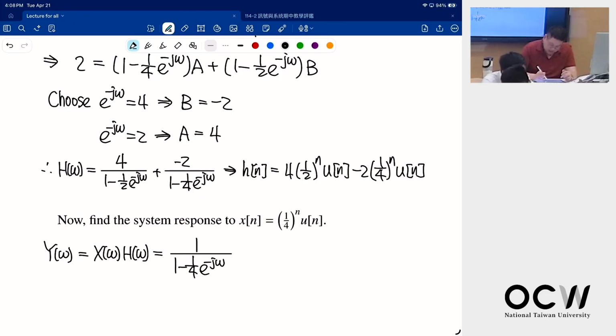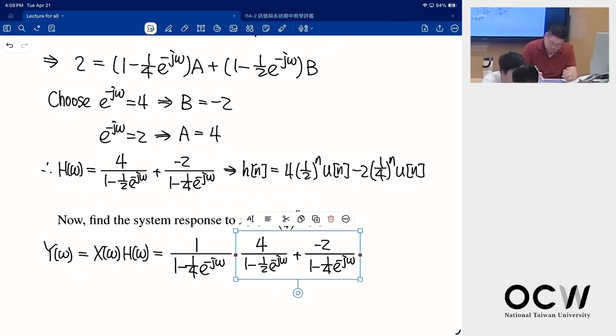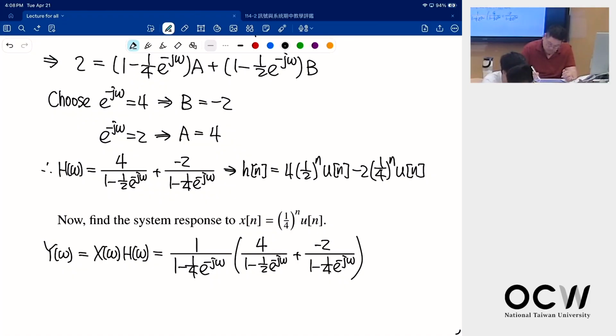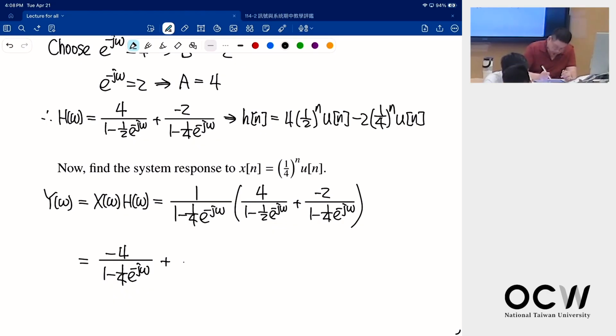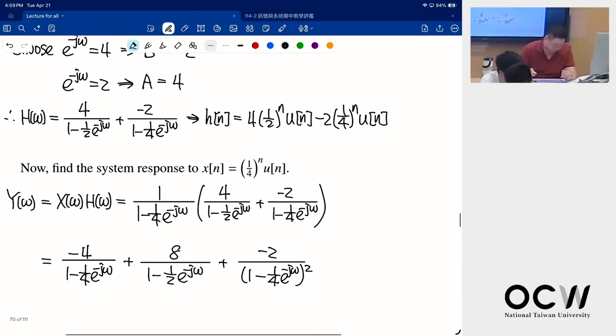And then your H, which is minus 4 divided by 1 minus 1/4 e to the minus j omega plus 8 divided by 1 minus 1/2 e to the minus j omega plus minus 2 divided by 1 minus 1/4 e to the minus j omega squared. Okay, so for this term,